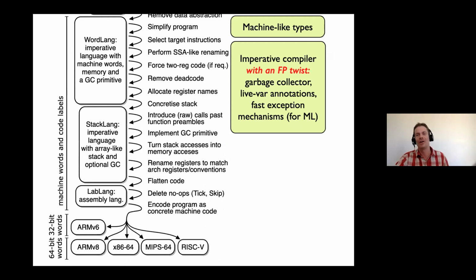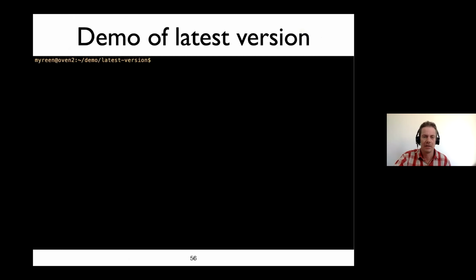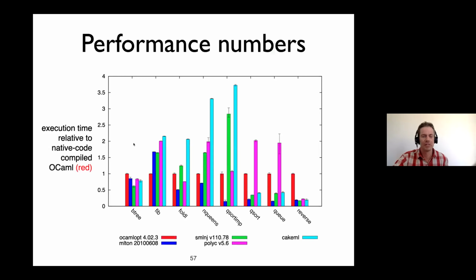Maybe what you can learn from this, just at a glance, is that the compiler is non-trivial. It has many passes, maybe 30 passes, and optimizing passes too. And there's a demo of it. Performance numbers of the generated code are similar to other non-verified compilers. So for instance,